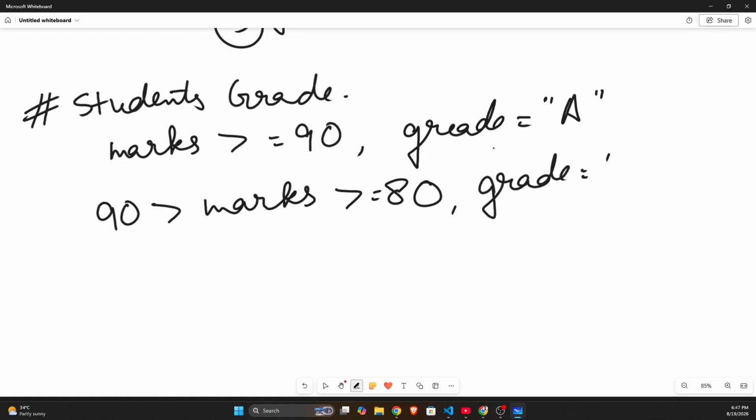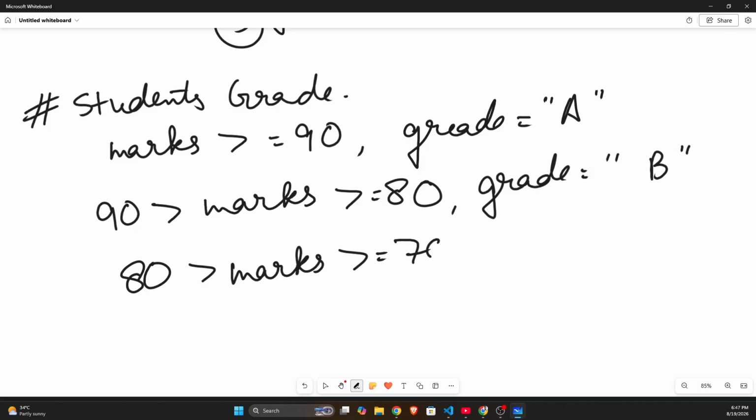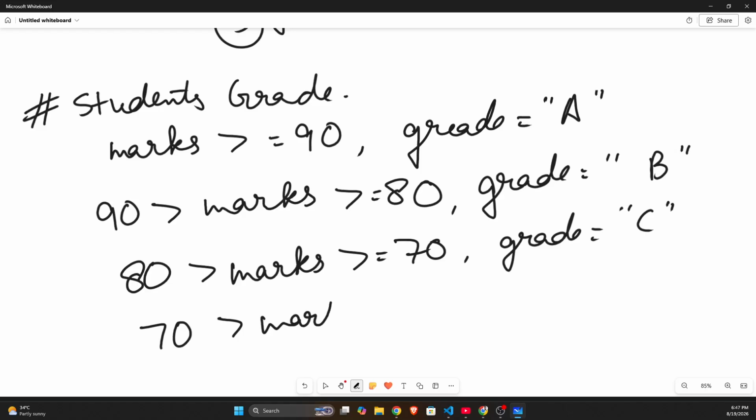Conditions are everywhere in your life also. If you are not 18, you can't get your driving license. If you are 18, you can get your driving license. So whenever you have to use a conditional statement in Python, this is the format, okay? If marks are 70, then grade is, and for 70 marks, grade is equal to D. Okay,